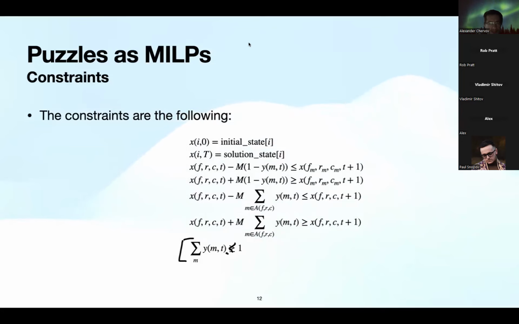Where is the description of the moves? The moves are given as input. I haven't really mentioned this in my presentation. Under the sum sign, I have a set A with 3 elements.